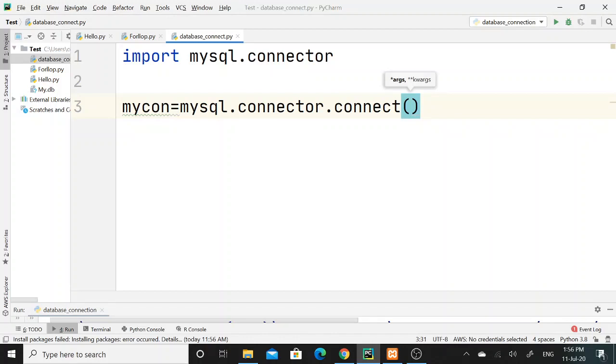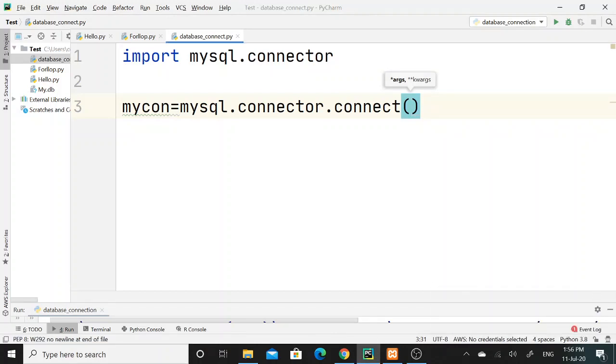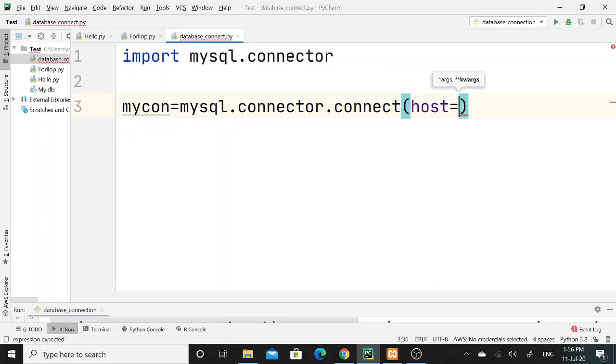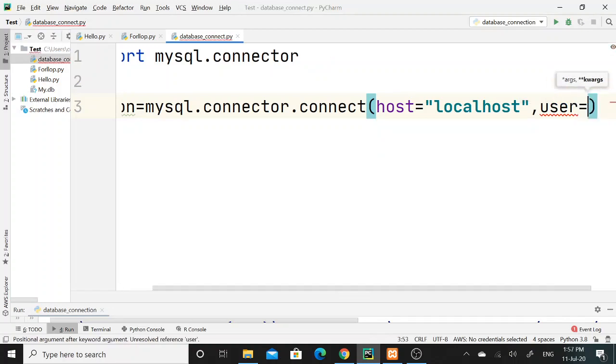In this connect function, I am supposed to pass three arguments. First argument is host. Here I need to mention my host name, and to make a database connection to the MySQL database, I will write my host name is localhost. Then my next argument is username.